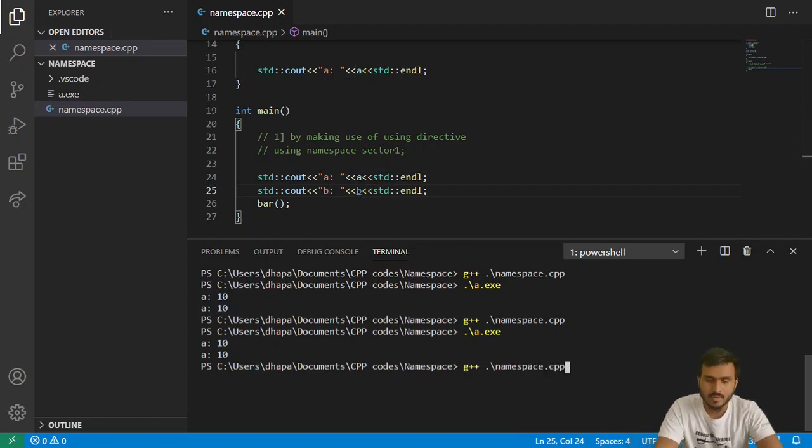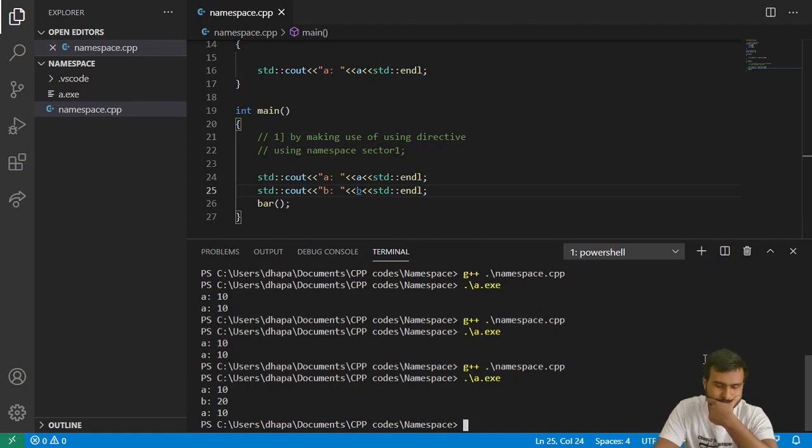So let's quickly compile the code. Let's quickly execute it. You can see that we are getting the output as 10 followed by 20 followed by 10. Okay, so A and B are getting printed, then we are calling bar, and in bar also A is getting printed. So all these functions are able to access A and B, which are declared inside the sector1 namespace. Okay,